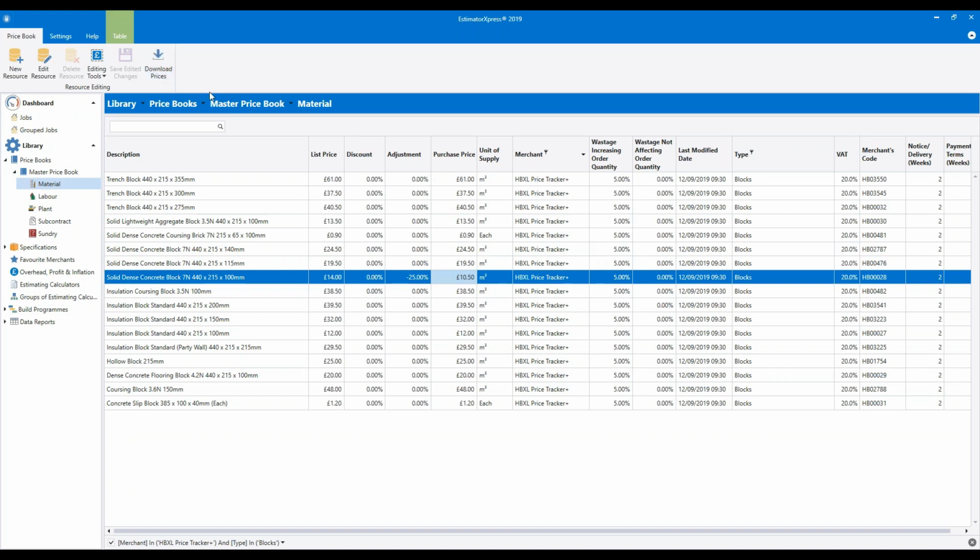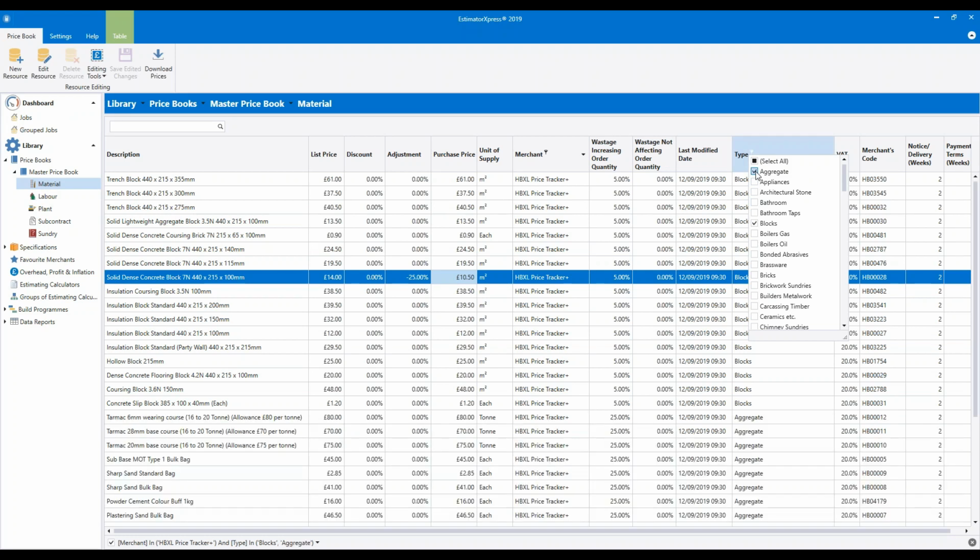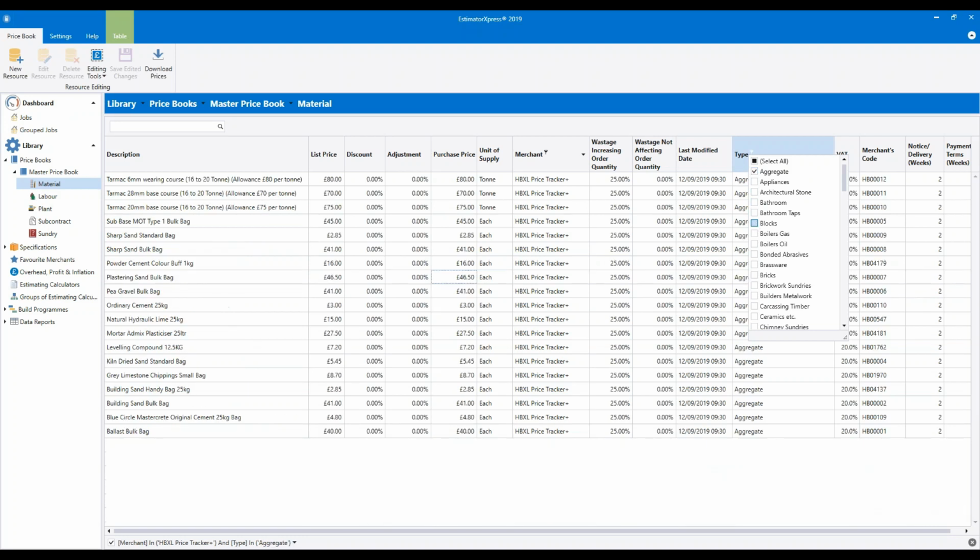Okay, so what we're going to do is now filter the price book to show the aggregate products. So if you click on the filter icon again in the type column and then select aggregate, so tick the box next to aggregate, and we're also going to need to untick the blocks to remove the blocks.